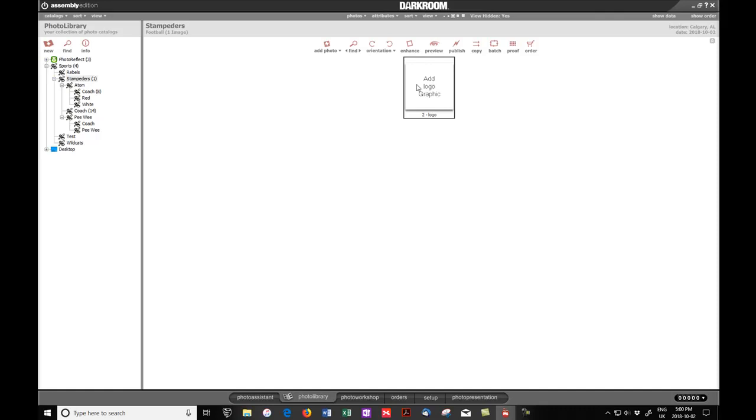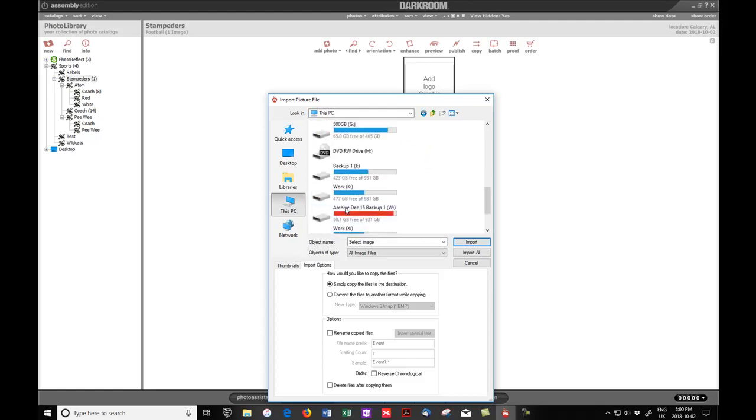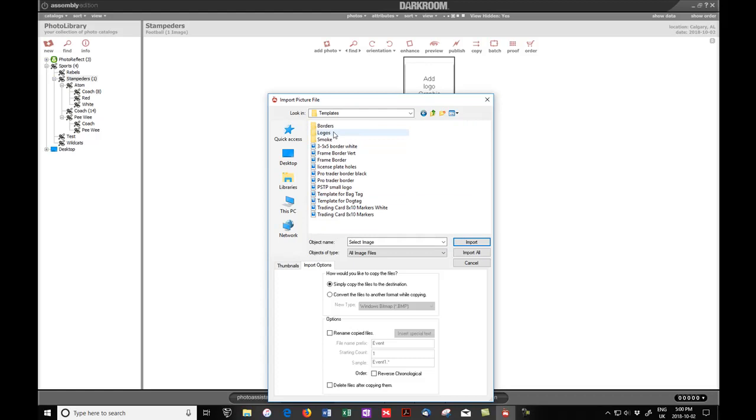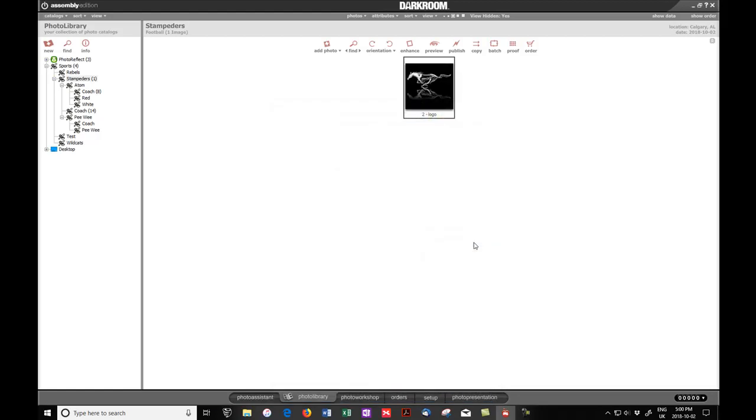So what we can now do is, making sure this is highlighted, then click on the plus and find this particular logo. Now the logos are stored on the X drive, which as we know is the working drive for Darkroom. So if I go into my X drive, they will be in the templates folder, and we can see here there is a folder called logos. Now you can see this is where I've been storing all of the logos for all of the different jobs, keeping them all nice and tidy in one place. And we can see there the Stampeders logo. So if I just click that and click import, the Stampeders logo will now be available to all photos after